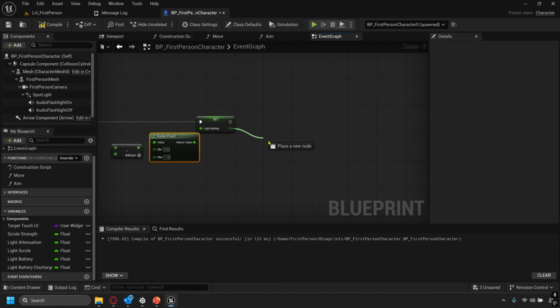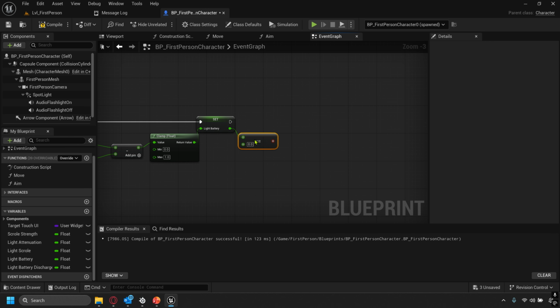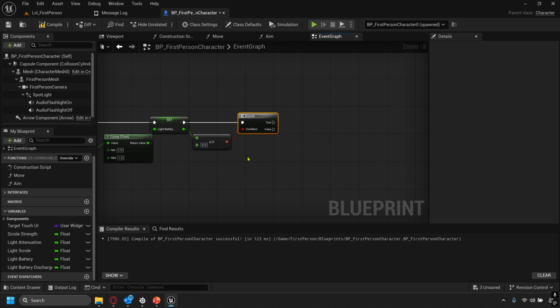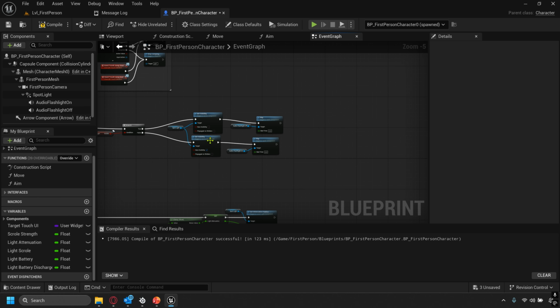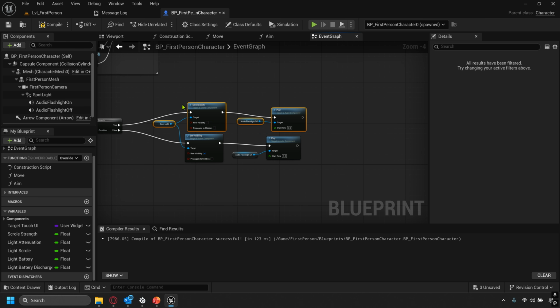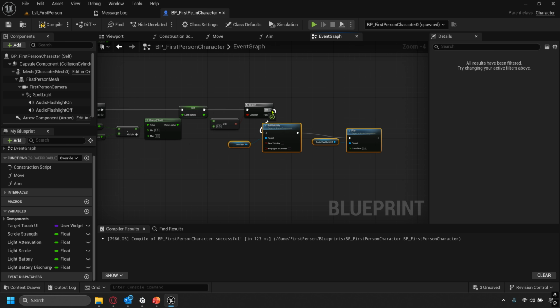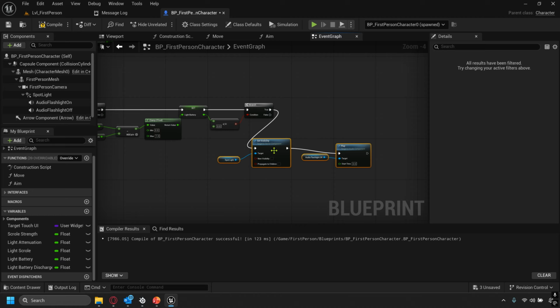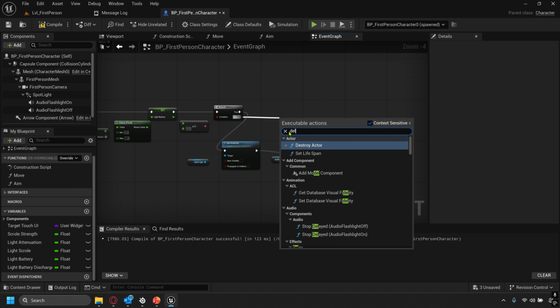And then we are going to say, as long as our battery is less than or equal to 0, we're going to put a branch. As long as it's less than or equal to 0, then we are going to go up here, because once it's less than or equal to 0, we want to grab this chunk here, and we want it to turn the light off because we're out of battery. But if it's not and we still have battery, we want to go into a delay,